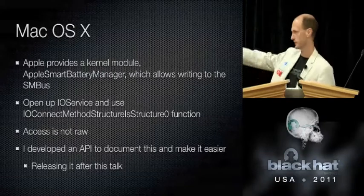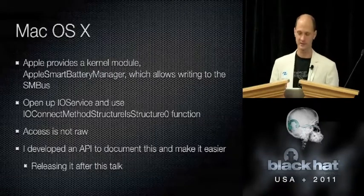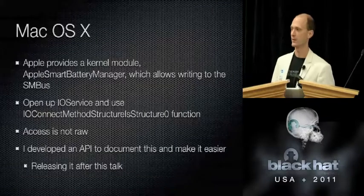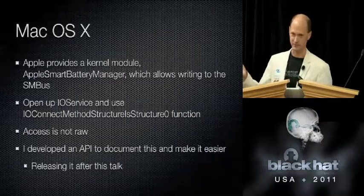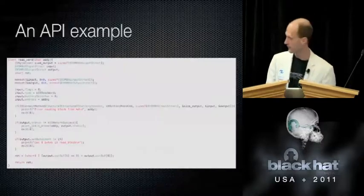And so you don't have to use this big complicated function. I wrote this API that I'm releasing at the end of today that allows you to very easily talk to the battery and get values back and stuff. All right, so I don't know if you can read this very well, but